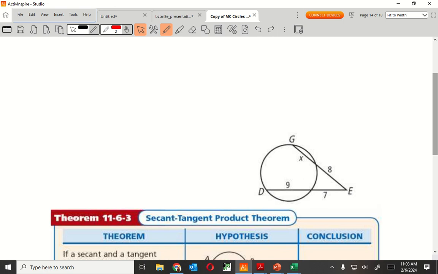So now, by looking at this, we're looking at the whole for each of the segments. So the whole of the segment right here, that would be all the way from G to E. Same thing goes for the other side. Let's do D to E first. How would I get the value for D to E since it didn't give me DE? 9 plus 7, right? So I would just add those together. 9 plus 7 is going to give me 16. So that's going to be 16